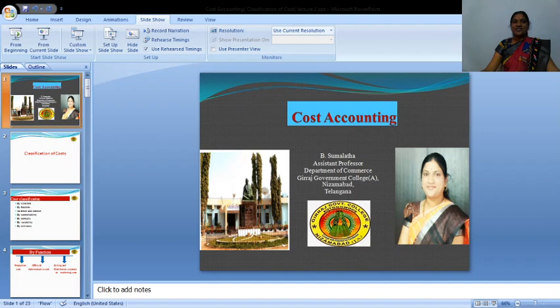In our first session, we will discuss what is cost accounting. There are three steps involved: ascertainment of cost, where we will record the cost in detail. Then we will go for analysis of cost. So the total cost is broken down on a variety of bases to get the details, and then the cost breakup or that analysis is used for preparation of cost statements, which helps us in cost control.